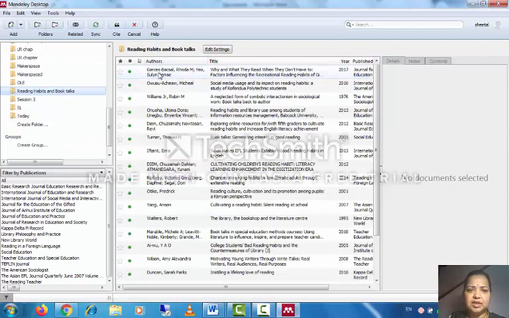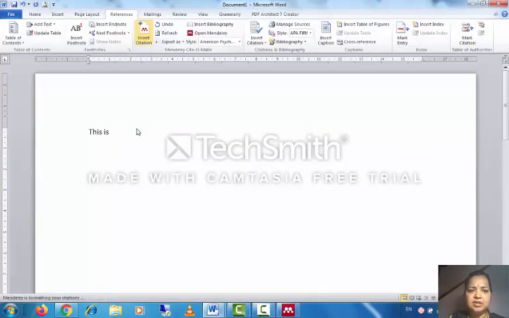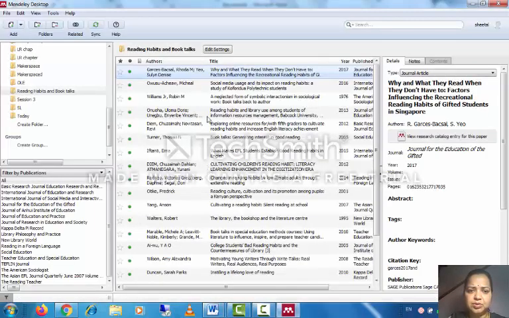Okay, so I can just say cite, and it will come here, right, and it will say in their paper mention or elaborate on the importance of reading habits. Okay, in another paper,